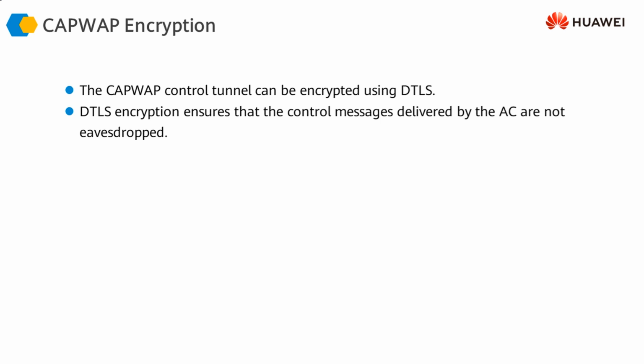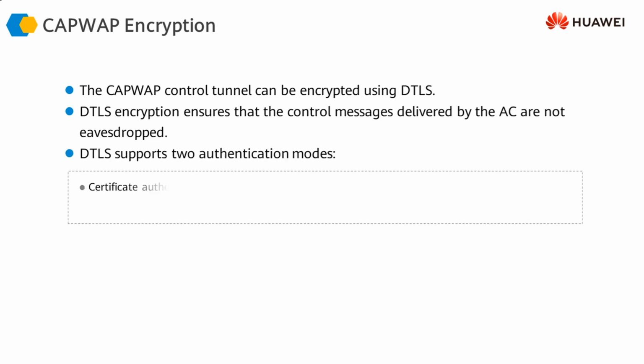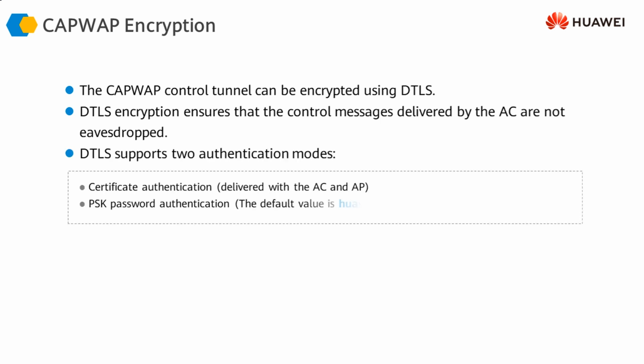This communication can be encrypted either using pre-shared keys, PSK, or using certificate authentication, but generally PSK is good enough. We use pre-shared keys. And in the case of a Huawei access point and Huawei Agile controller or Huawei wireless controller, the default key is Huawei_SCCCWP, but you can always change it.